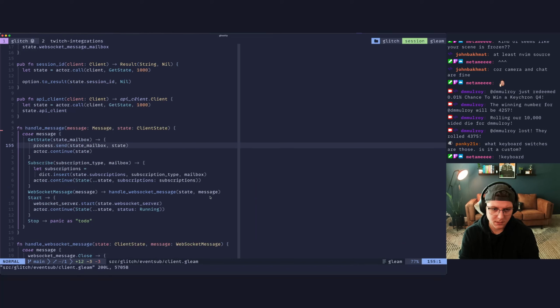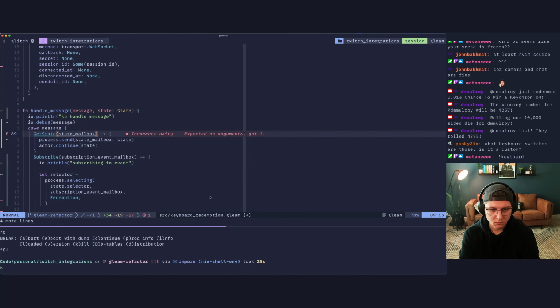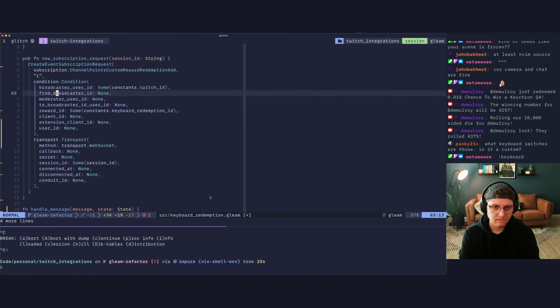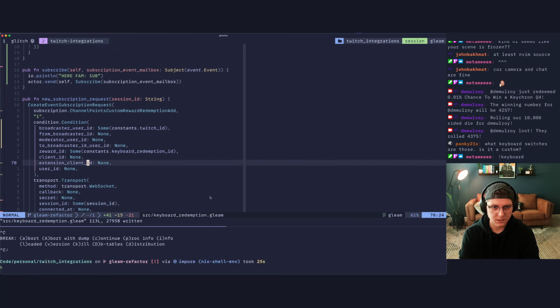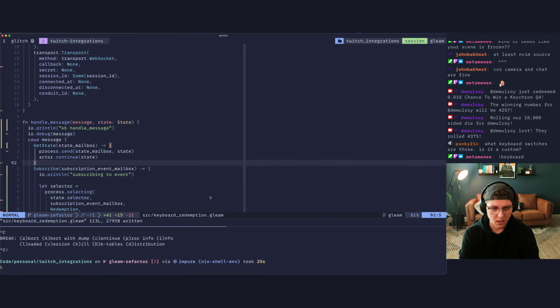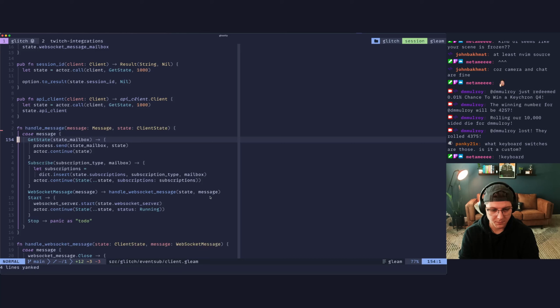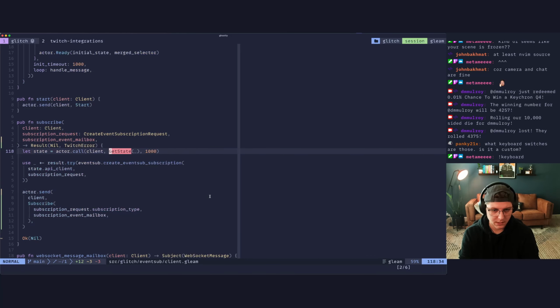Process, oh, it needs a mailbox, state mailbox. So this will be state mailbox. We'll just say subject state. And then in fact, let's just go copy and paste the implementation of that.